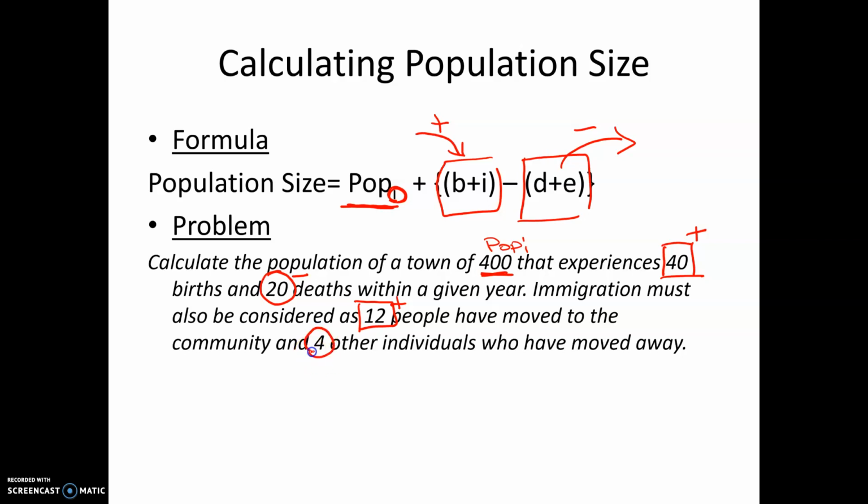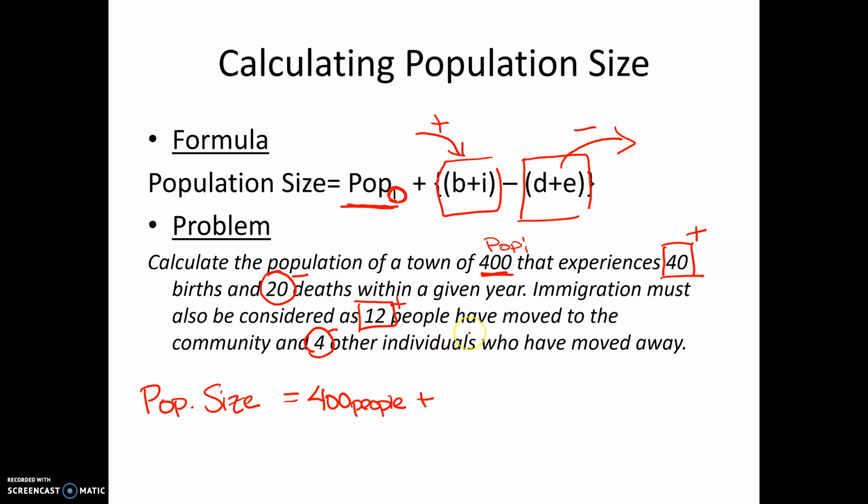And 4 people are leaving. Those are our immigrants. All right, now let's set this up. Population size equals our initial population, 400 people